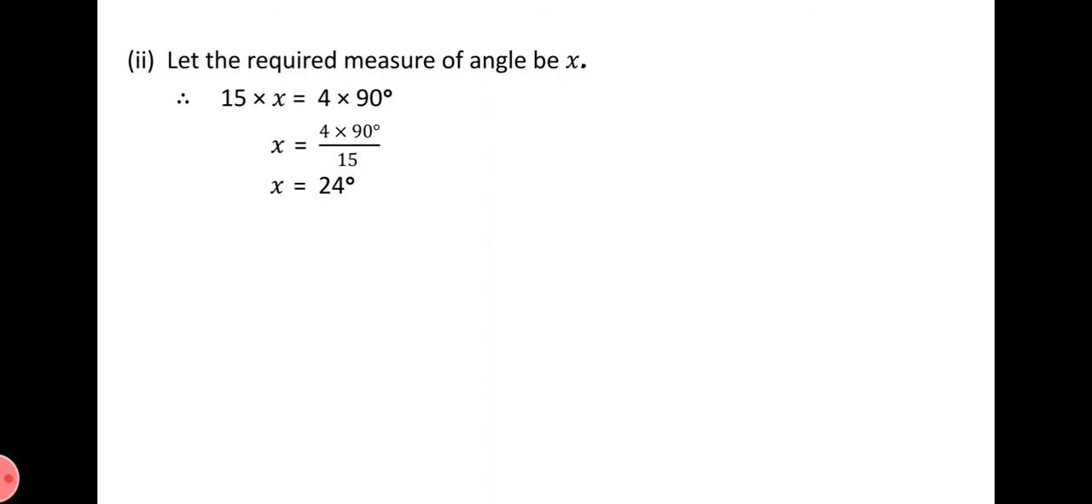Next, question number 3. It is asked, how many spokes would be needed if the angle between a pair of consecutive spokes is 40 degrees? Now it is asked that if the angle between a pair of consecutive spokes is 40 degrees, what would be the number of spokes required? So for this solution,